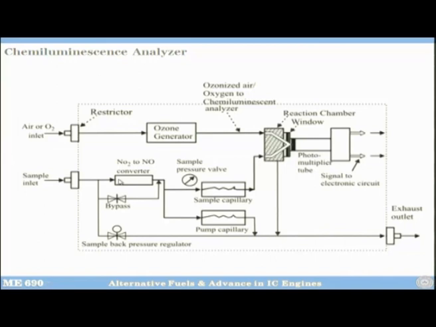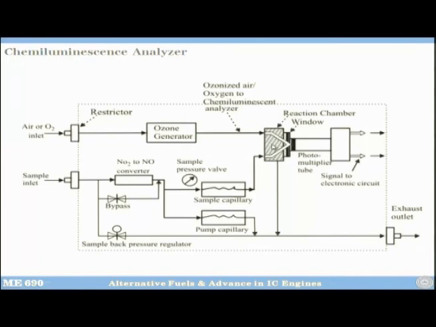So, suppose all my sample is coming in, this sample contains NO as well as NO2, NO remains NO here and NO2 gets converted to NO by some chemical reaction using some catalyst. Okay. So, now I have reduced the NO2 to NO. So, what comes out of this converter is just the NO, part of which was already in NO form and most of it has been converted from NO2. And then it passes through the sample pressure valve, sample capillary, these are all some flow rate control, pressure control, etc. And then this NO goes into this reaction chamber, okay, where they are allowed to mix.